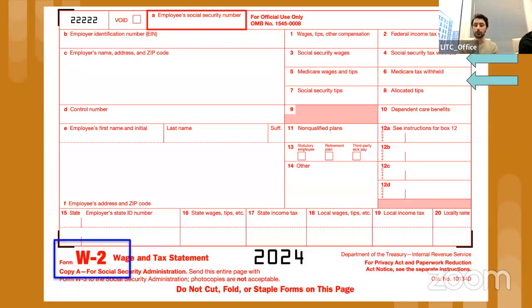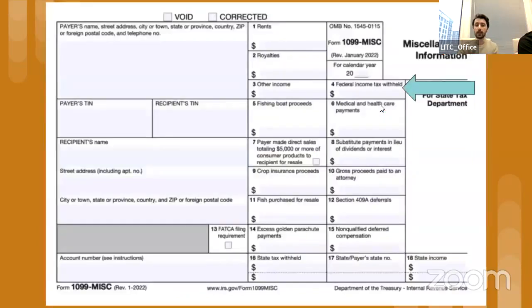So this is a W-2. As you can see, this has in the top right-hand corner the tax withholdings. That's federal, Social Security, Medicare. These all get taken out of your paycheck as a matter of course as an employee. So you would almost not be aware that it's happening until the end of the year when you get a tax return on the income that has been withheld.